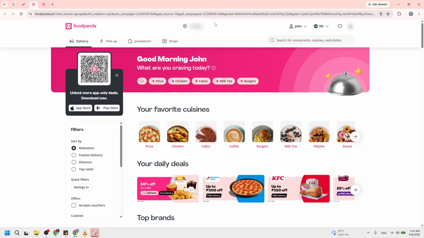After you click it, a login window or page appears asking for your account details. Take a moment to confirm you actually see the foodpanda logo and the login fields, so you know you are signing in to the real site and not a random page.